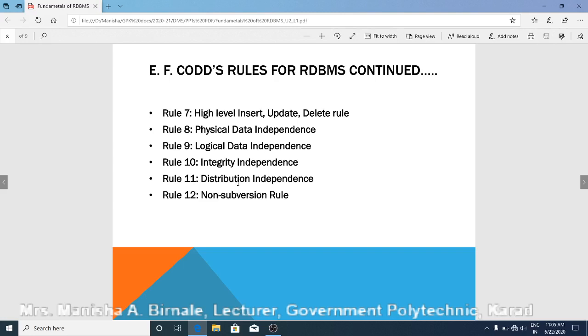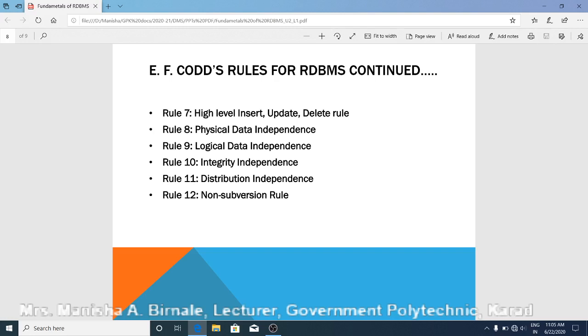And the last rule, rule 12, is the non-subversion rule. If a system has an interface that provides access to low level records, then the interface must not be able to subvert the system and bypass security and integrity constraints.